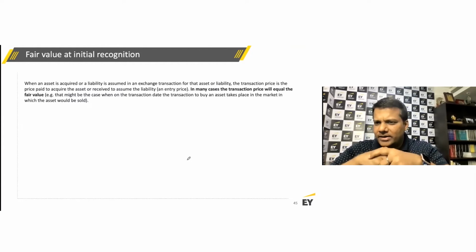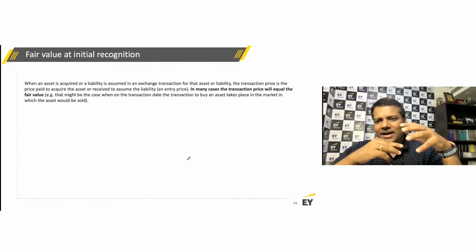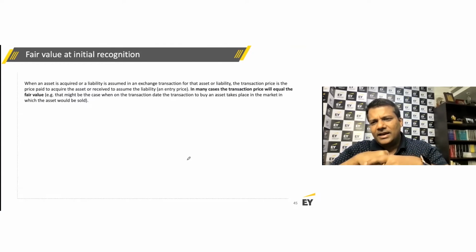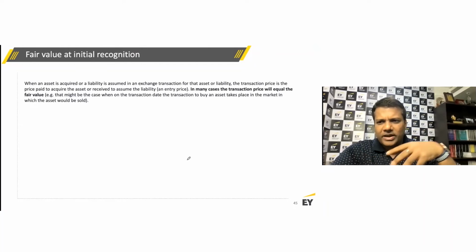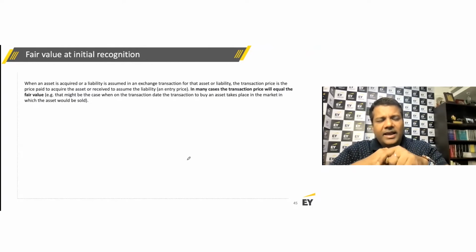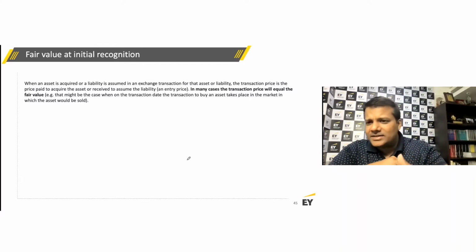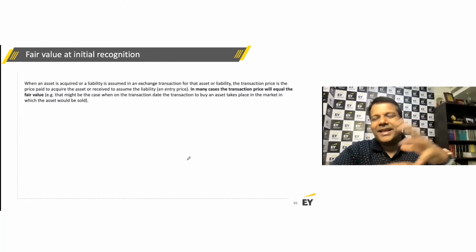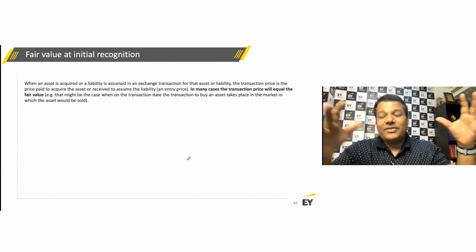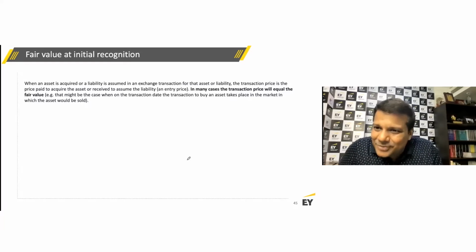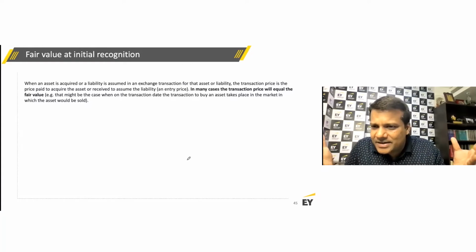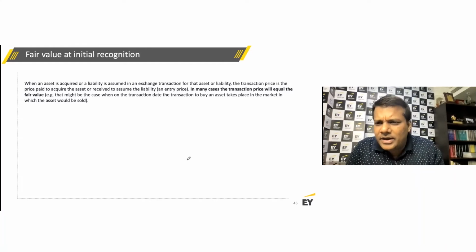One of the common examples, or not so common, I would say a rare example, is when you entered into a transaction where you ended up buying something from a counterparty which ended up selling this under stress. Under stress, that means you can actually get a big bargain. And there are not too many sellers under stress. It's not that everybody is under stress, because if everybody is under stress, that's the state of the market. That was the situation in the pandemic, or in the 2008 credit crisis, or when the markets are depressed.